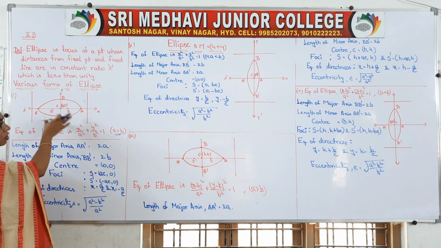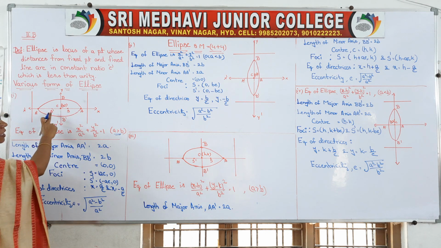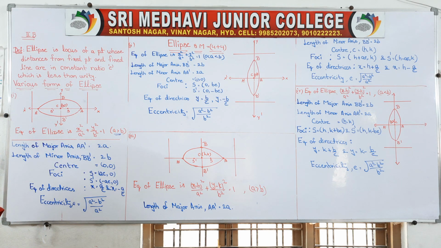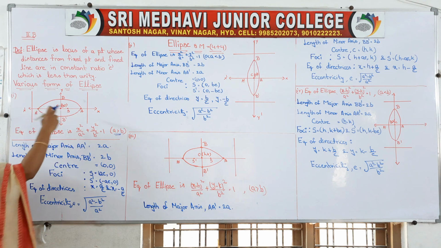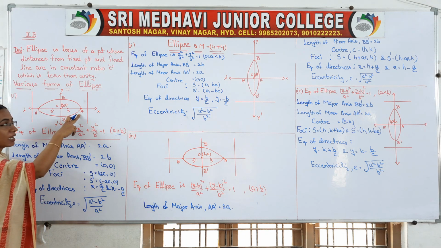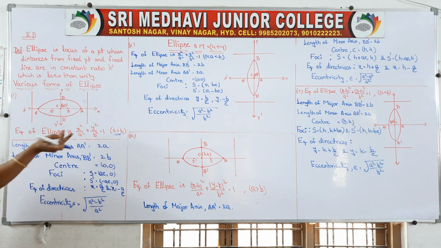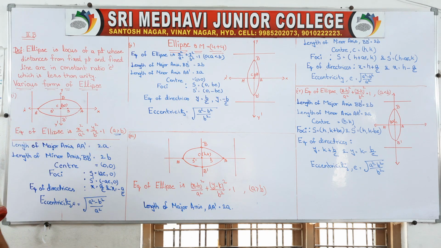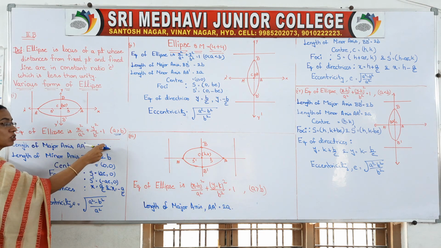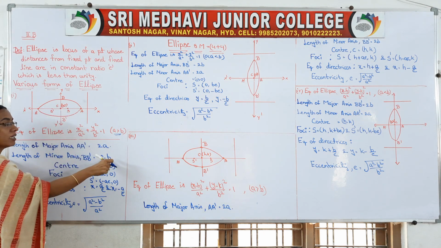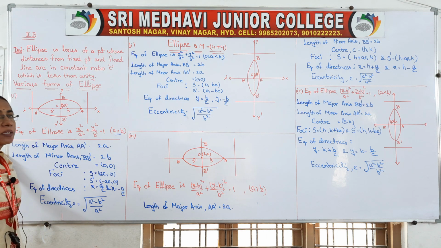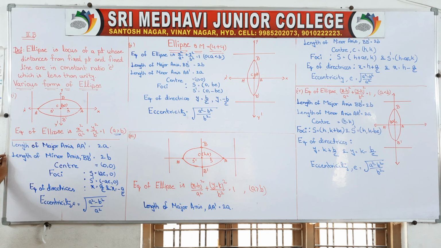Okay, and coming to the shape, it is an elliptical shape, and it contains two foci, two directrices, a major axis and a minor axis. The one whose length is more is called the major axis. The one whose length is less is called the minor axis. For this, a dash is the major axis, b dash is the minor axis, and their lengths are 2a for the major axis and 2b for the minor axis. Their point of intersection is called the center, which is the point of intersection of x and y axes. So the origin is the center. Okay, this is case 1.